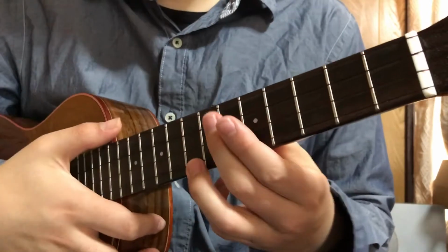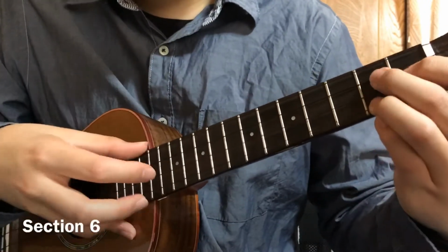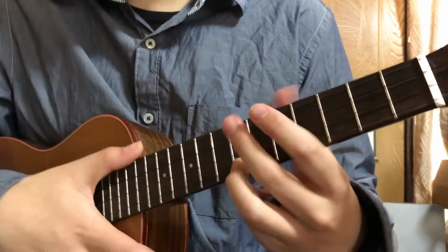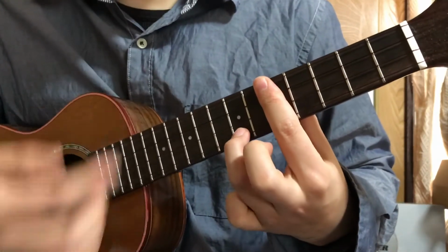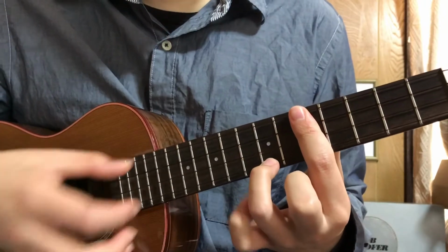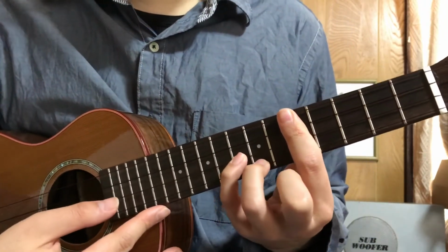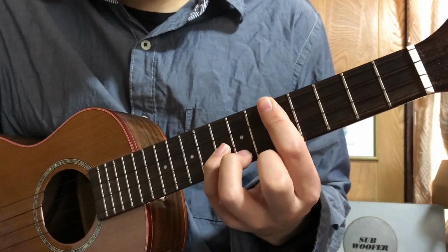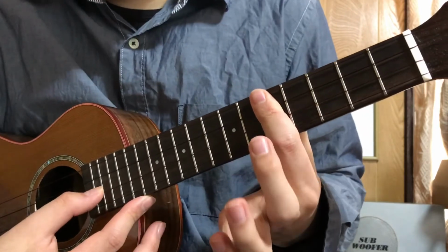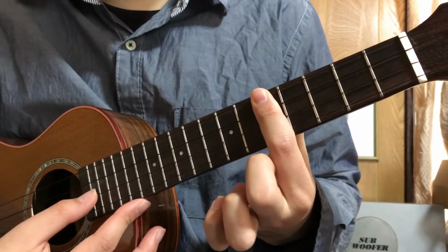Section 6 goes like this. Okay, so let's play it. 5 5 5 7. Play the bottom string and down stroke, and play the second string. As you play it, put your pinky on the 8th fret of the 2nd string and take off, and play the second string of the 5th fret, and